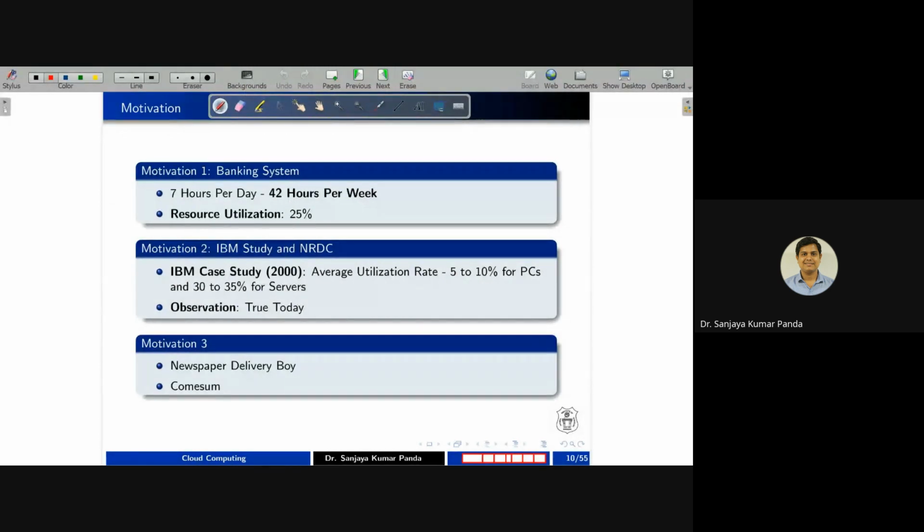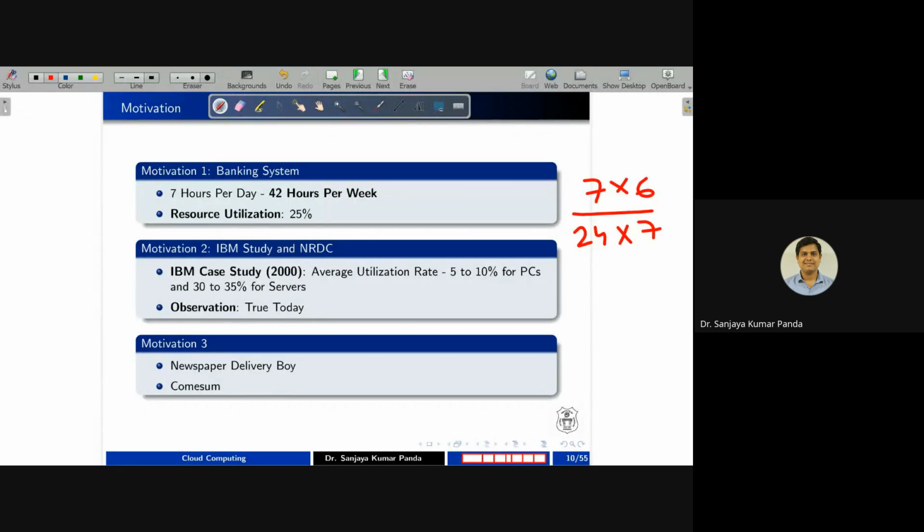But if I ask you how many hours there are in a particular week, then you will say in a week we have 24 into 7 hours. So we are using 7 cross 6, 7 hours per day for 6 working days. But the total number of hours per week, if we calculate, is 24 into 7. If you calculate per month, you multiply the number of days.